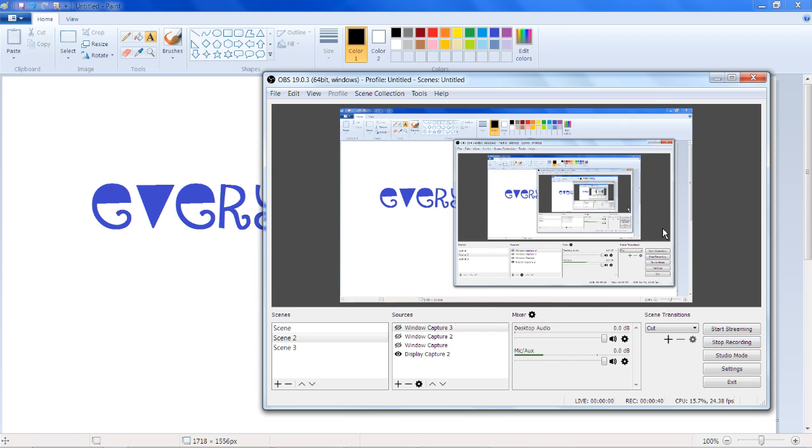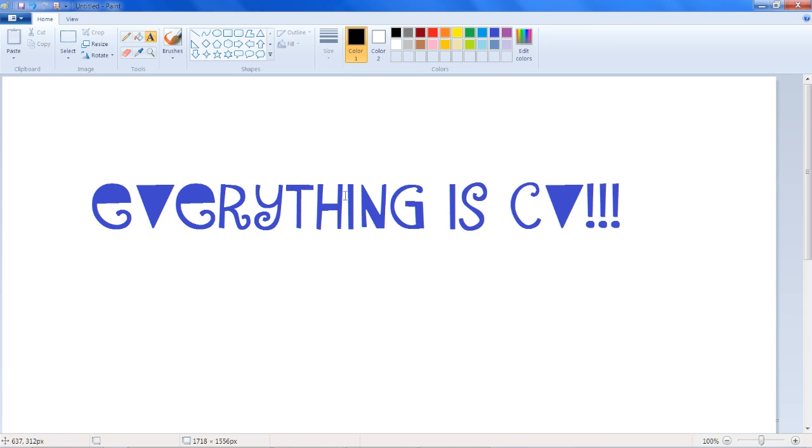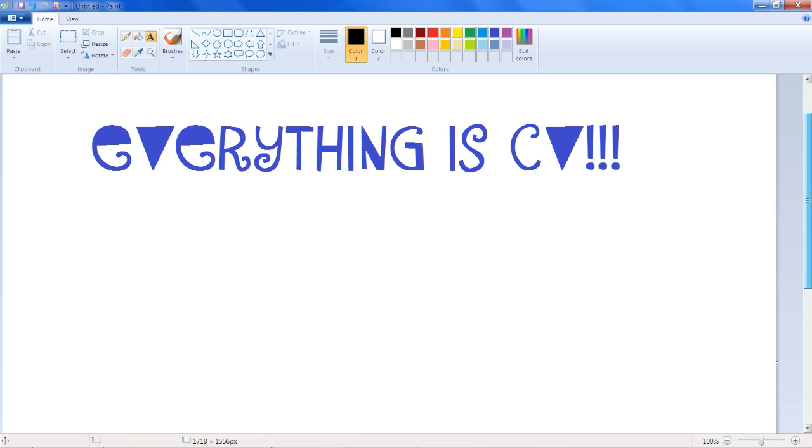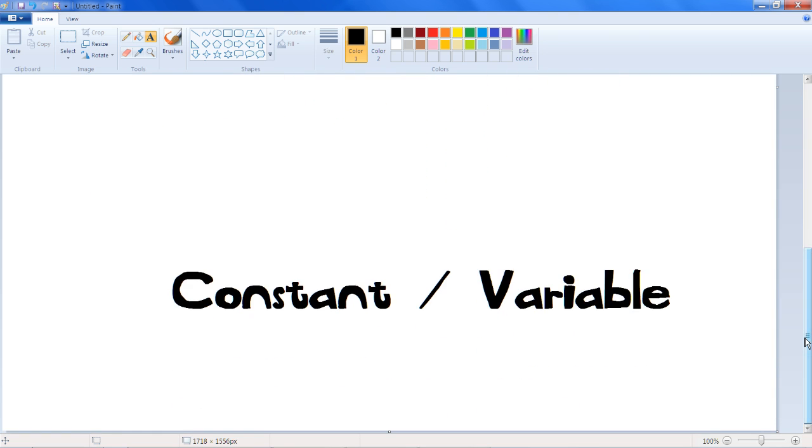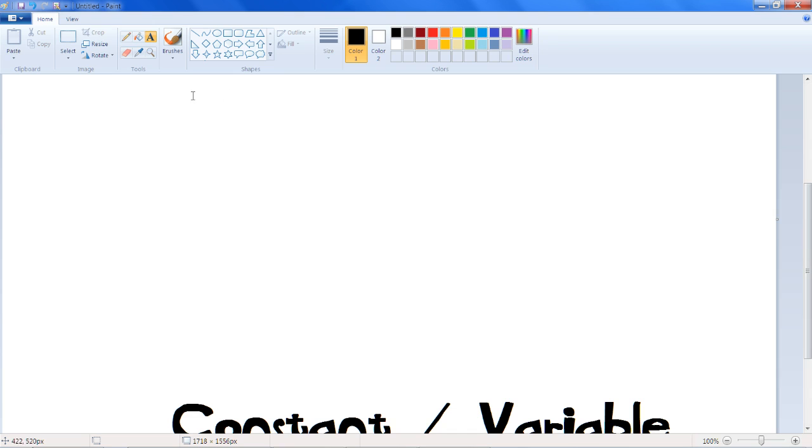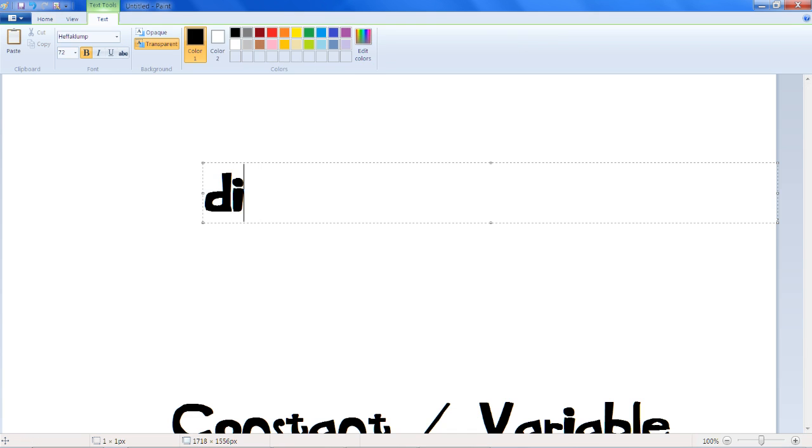So anyway, now the number one thing that you need to understand when OTOing MEL is everything is CV. But it's not constant vowel. It's constant variable. You're doing VCVs, it's CV because it doesn't change. The thing before the vowel doesn't change. It's just the same. And it's the same here because MEL is diphonic.